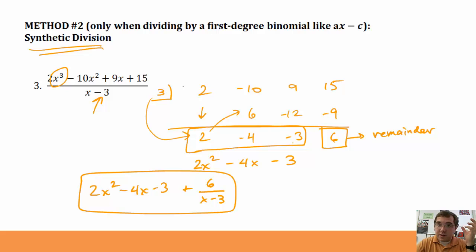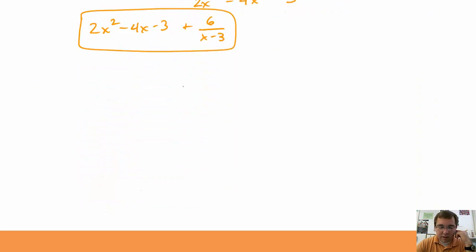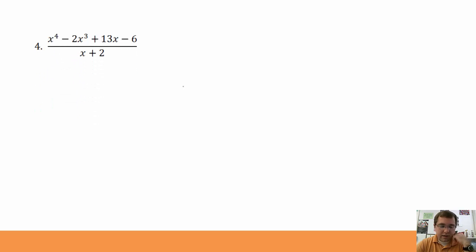So it's a lot faster as long as you get the hang of it and how it works. Let me do another example. x to the fourth minus 2x cubed plus 13x minus 6, divided by x plus 2. So my coefficient of x to the fourth is 1, and a negative 2. Notice I don't have an x squared term, so I need to put a placeholder in of 0, because this